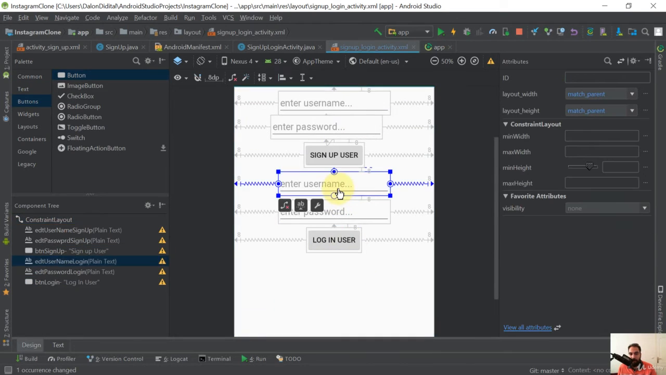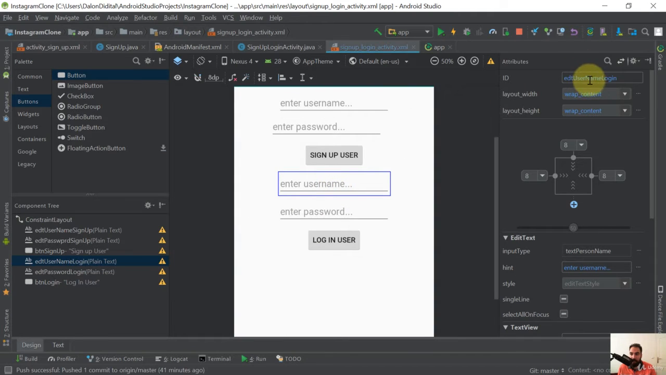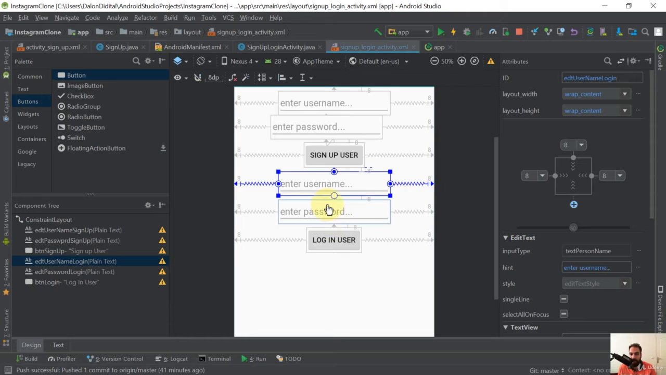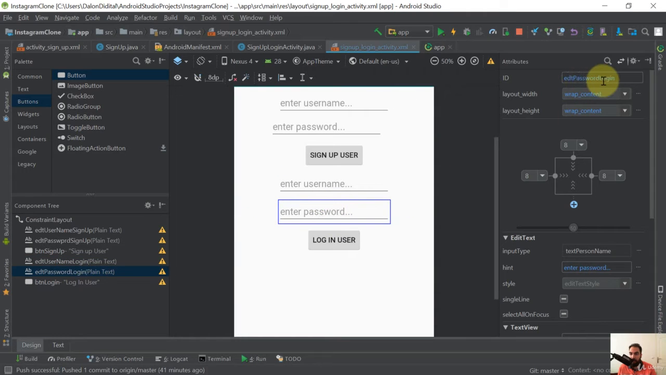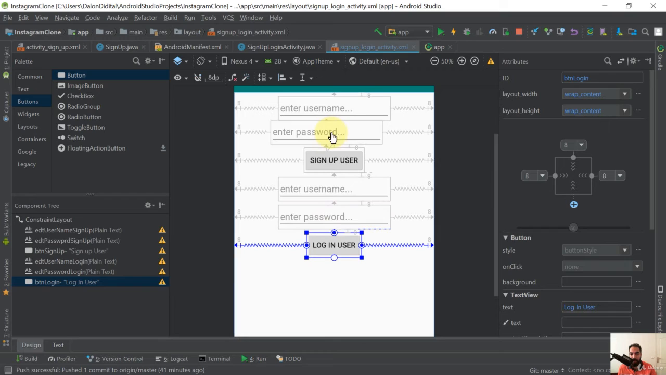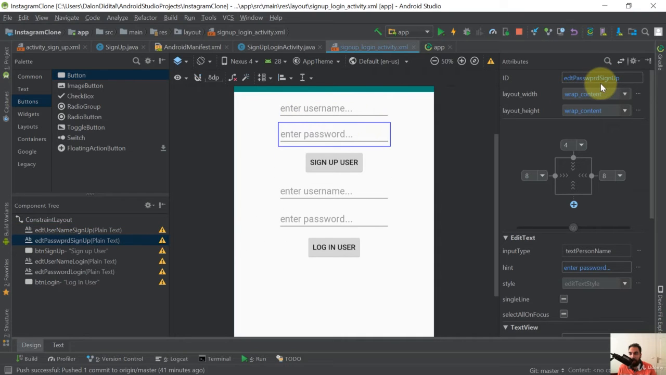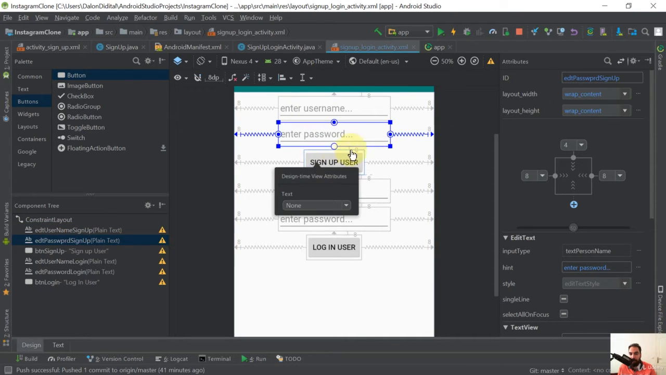So here for this EDT username, you can see that I specified the ID to be EDT username login, and this one EDT password login, and the button is btn login. These are the IDs that I specified for these UI components. And here we have this username EDT username sign up, and this one EDT password sign up, and the button